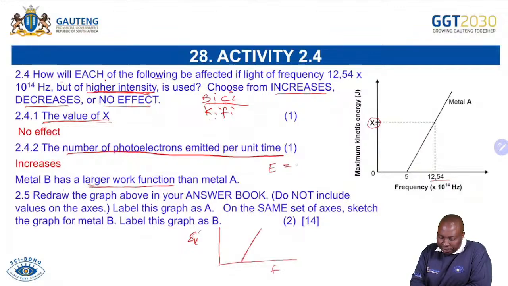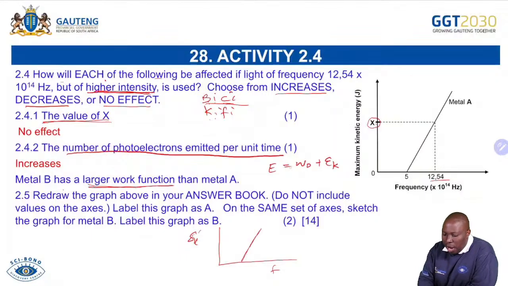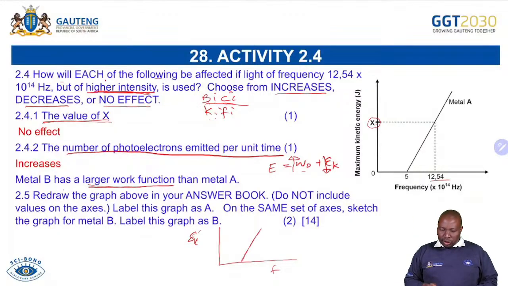The relationship there, E equals that plus that. We are saying when the work function increases, EK decreases. You get that? So more of the energy will go to the work function. So metal B has a larger work function. If it has a larger work function, it means it has a larger threshold frequency. Remember, work function is directly proportional to